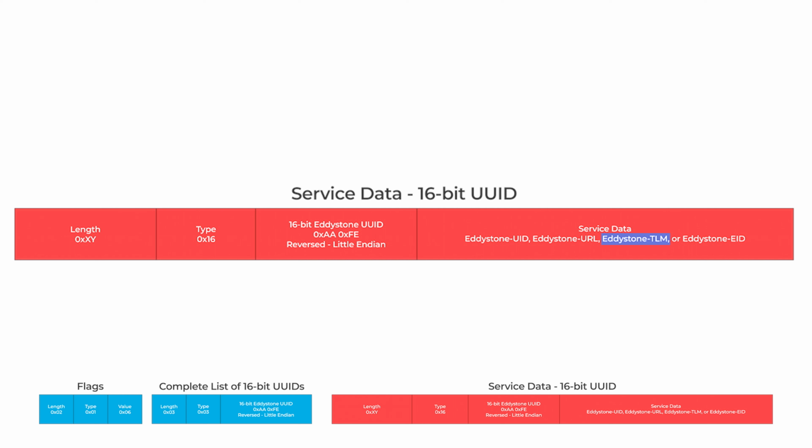Now, this could be encrypted or unencrypted. And finally, we have the Eddystone EID, which is used to broadcast an encrypted ephemeral identifier that changes periodically at a rate determined during the initial registration with a third-party web service. As you can see, the Eddystone standard, just like iBeacon, really just defines the format of the data included in the advertising packets. So now let's go ahead and implement this on the Silicon Labs BG22 Explorer Kit, which is